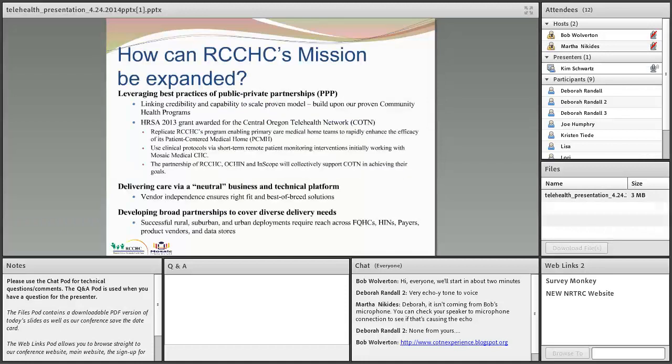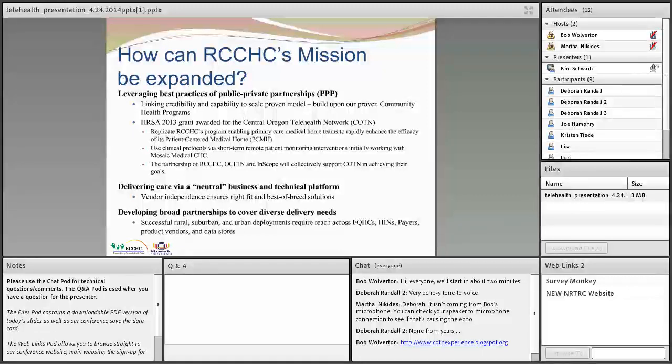So here's our mission and an expansion of our project, and leveraging our best practices. Staying neutral in this platform, and I say this even with vendors in the room. Vendors overpromise and underdeliver, and so it's taking caution when you sign up with a vendor. As you know, if you're dealing with telehealth as we go across the line, it's so important to be able to know that they're reliable. I see Bob just put up the blog spot on there. Thank you, Bob. Appreciate that.